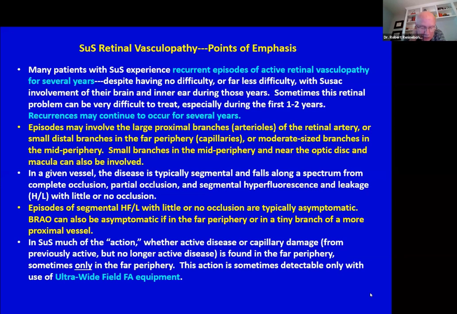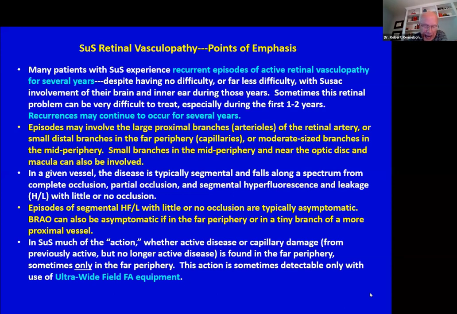Episodes of segmental hyperfluorescence and leakage with little or no occlusion are typically asymptomatic, and BRAO can also be asymptomatic if in the far periphery or in a tiny branch of a more proximal vessel. In Susac,